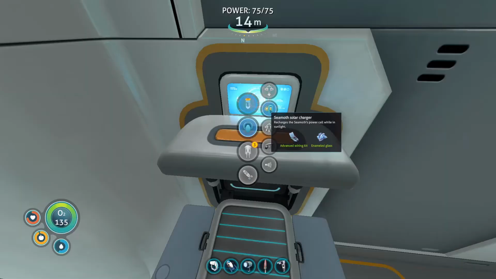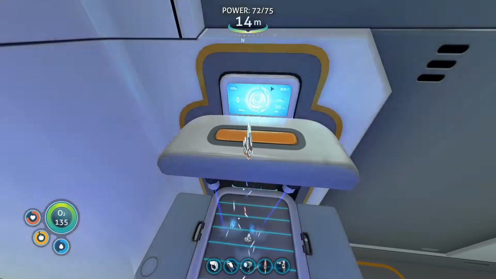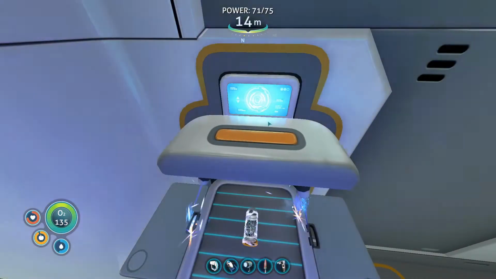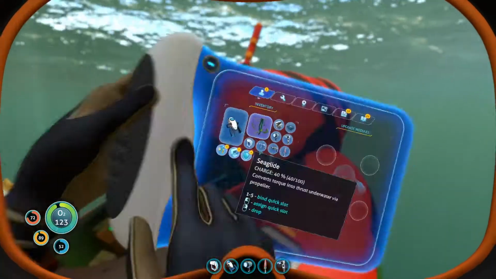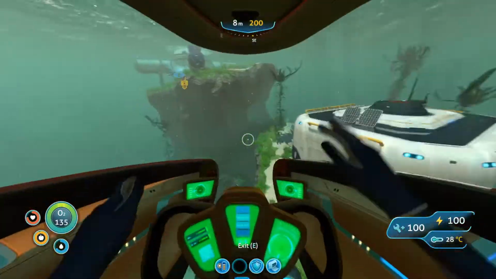So as I mentioned, this is our kind of longevity one, something that we can take out and drive around for ages if we want to. So we're going to have the Seamoth solar charger, the hull reinforcement, so if we smash into things we won't take as much damage, the storage, so if we find any new resources we can bring those home, and the last thing we would have is the engine efficiency module, but like I said, that needs polyaniline and we don't have that. So accessing the Firefly, we can put all these in, so that at least for now is the